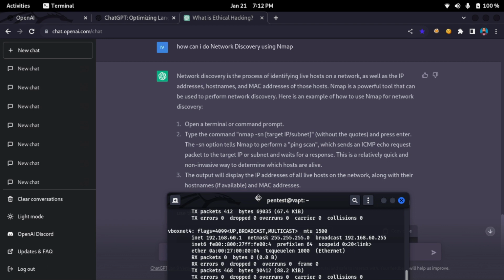Then it also explained that the -sn option tells Nmap to perform a ping scan, which sends an ICMP echo request packet. If you don't know any technical term like ICMP, you can also ask ChatGPT what is ICMP, what is an ICMP echo request, what is a packet, what is an IP address. If you are totally new to ethical hacking and want to learn all the concepts, you can do that, but continuing our practical, we are using the -sn option that